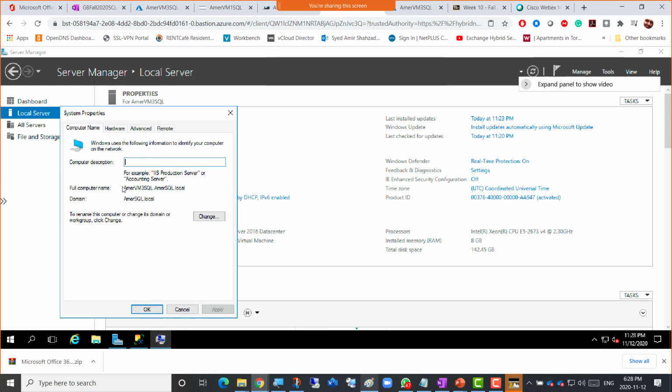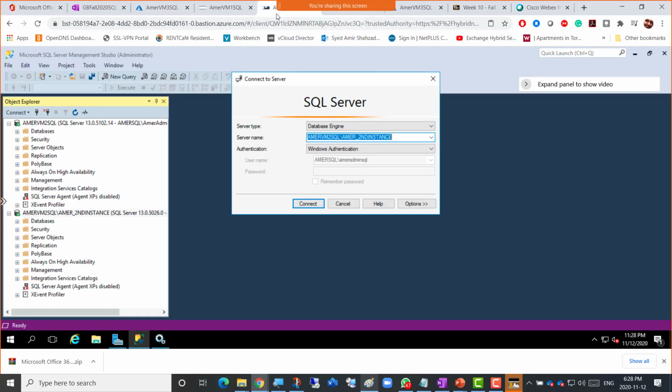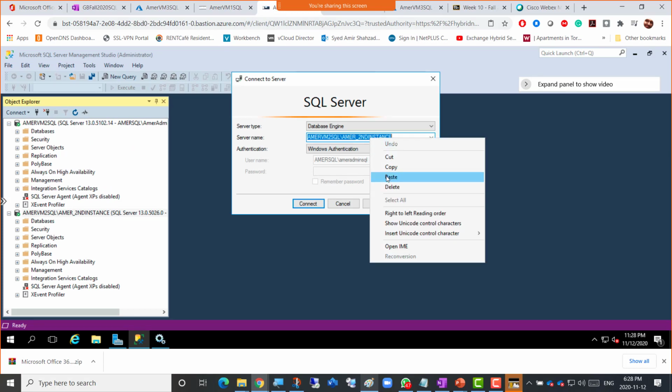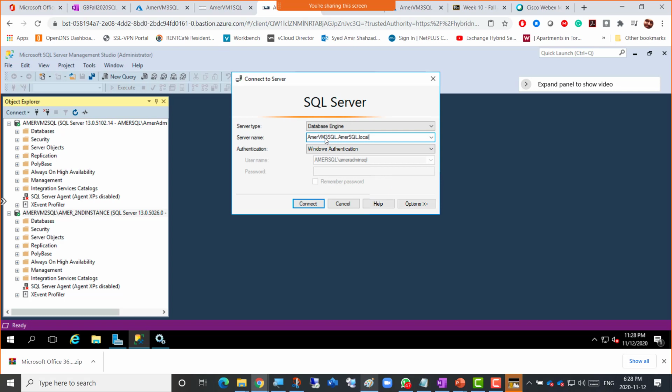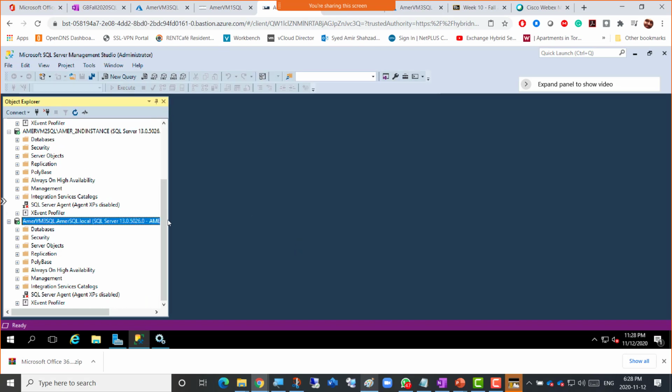So I'll just grab that name here, fully qualified domain name, copy, and go to the SSMS of the second SQL Server, second machine which has the SQL Server, and I'll paste it here, the full name. So what I'm telling is that hey SSMS, there's another SQL Server installed in virtual machine 3, so please connect me to that one as well from here. So I'm going to click the connect, and